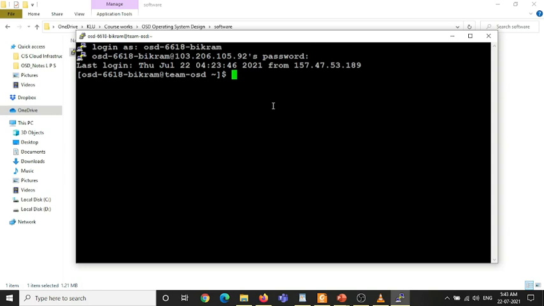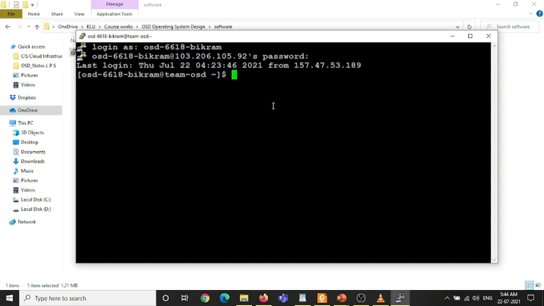Here I will demonstrate a few commands. If you are using Linux initially, you need to remember that everything we do in this command line interface is done using commands only. So using commands you will communicate with the operating system.